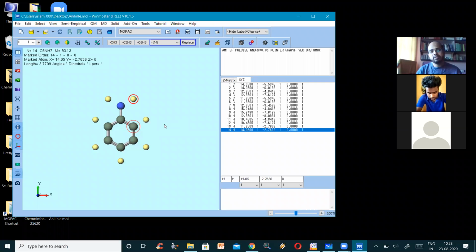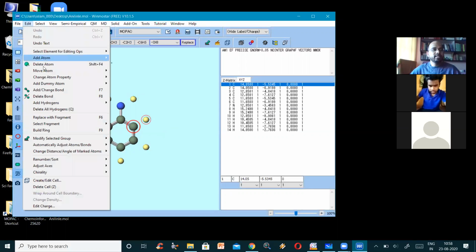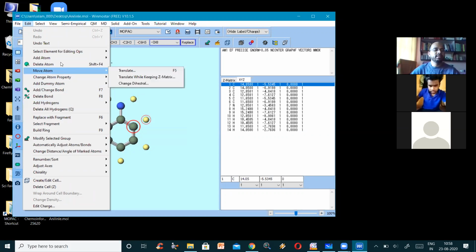Why? Some softwares take certain parameters for connecting the bond. Actually it is a coordinate system we have seen. In the coordinates we have seen that it is a representation of the atoms at different places. So the software commands are such that when you have a distance of about 1.2 angstroms, it is commanded as a bond length. This particular software has got a longer bond length, so it is not bonded. Okay, I'll click these two and then go to edit, and here you can see you can make a bond or move atom, delete atom or add atom.